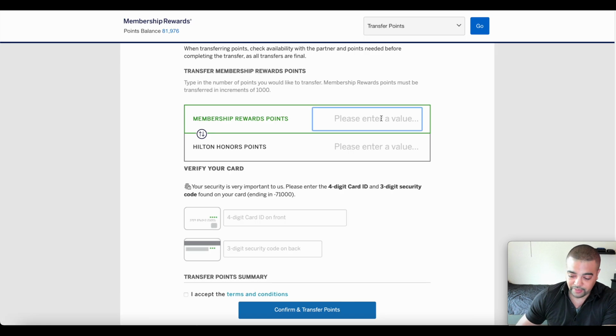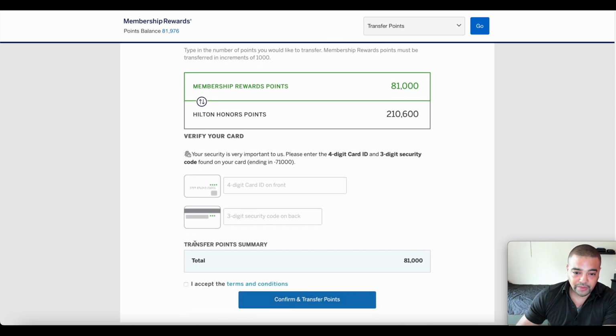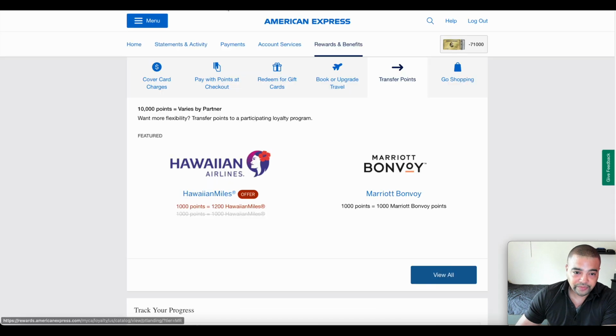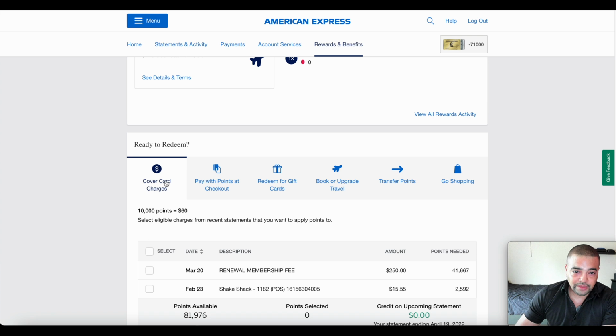It loads in, I come down here, I type in the same 81,000 points, and then all of a sudden, it tells me how many points I'm going to get for Hilton, and then you can see there's no tax though. There's no crazy tax. So I tend to prefer to transfer to hotels and avoid that extra $50 hit. Obviously you'll do fine either way, but to kind of close this one out, when you're talking about these options,